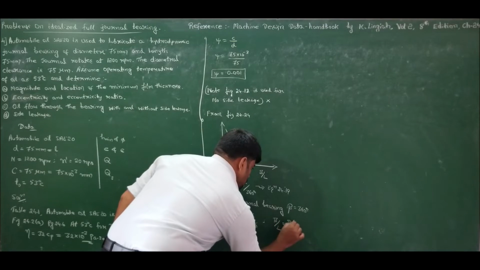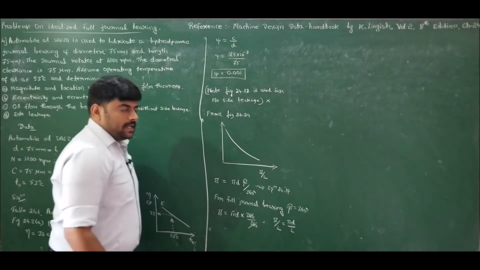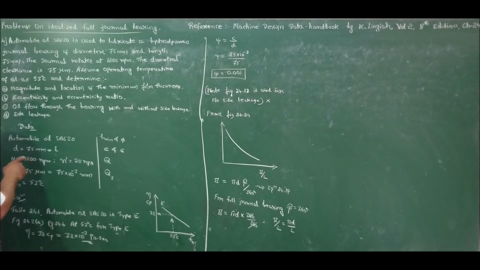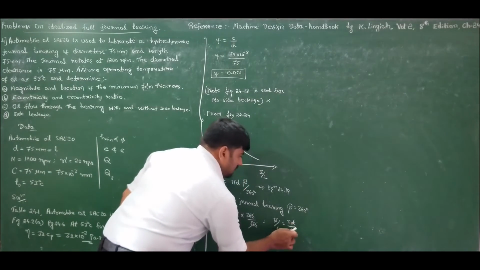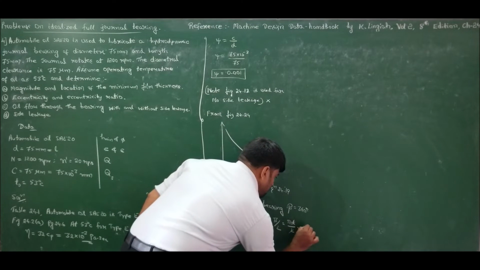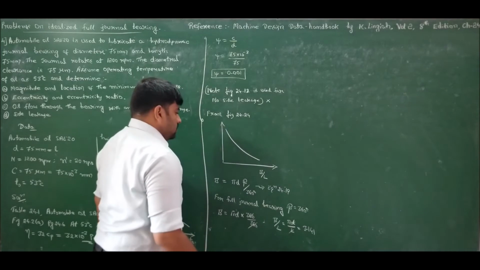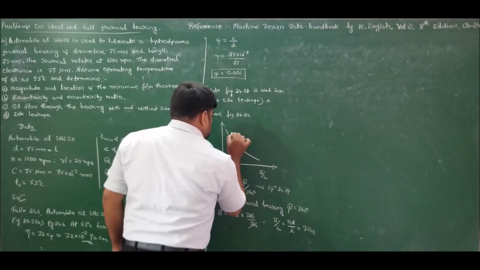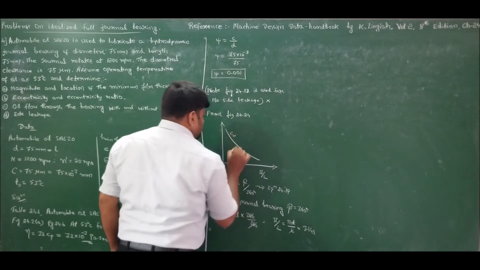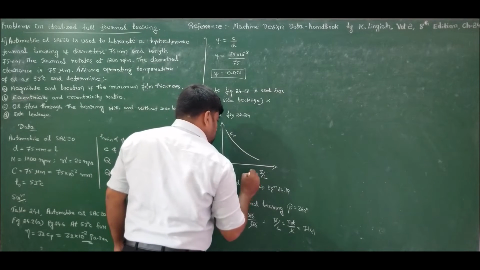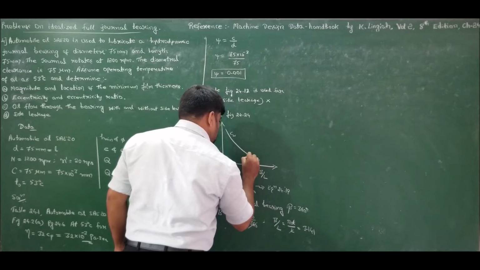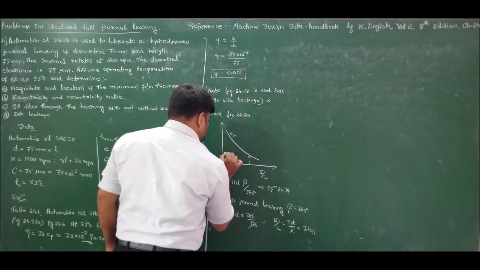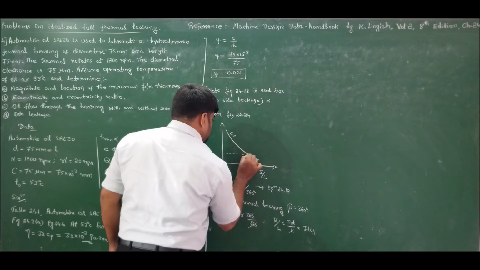is pi d by L. For us, the specified diameter is equal to length. So since diameter is equal to length, I get the value of B by L as 3.141, the value of pi. So this is the load correction factor due to side leakage. If I intersect at 3.141 and plot it horizontally,